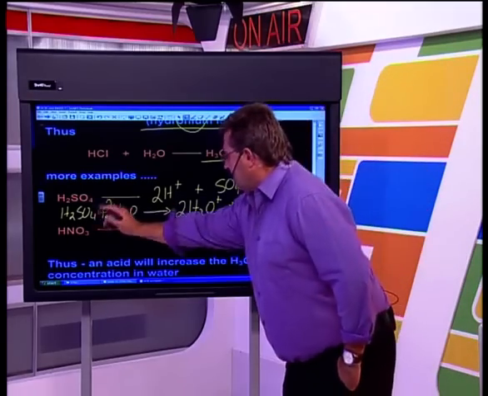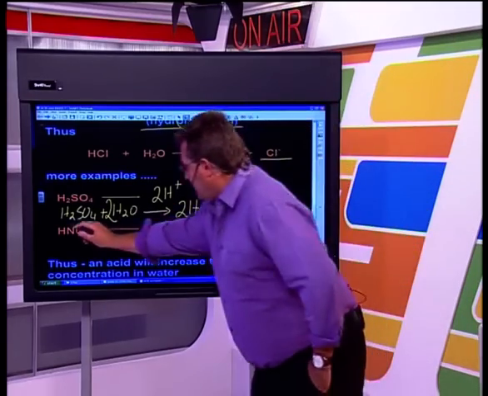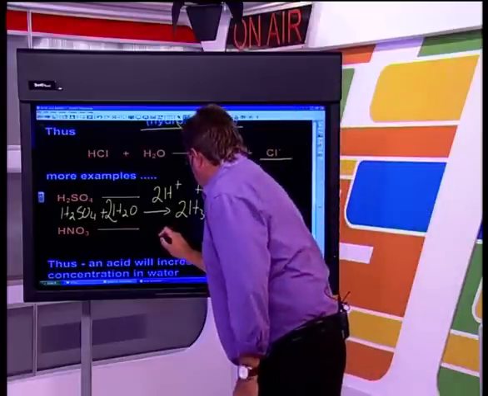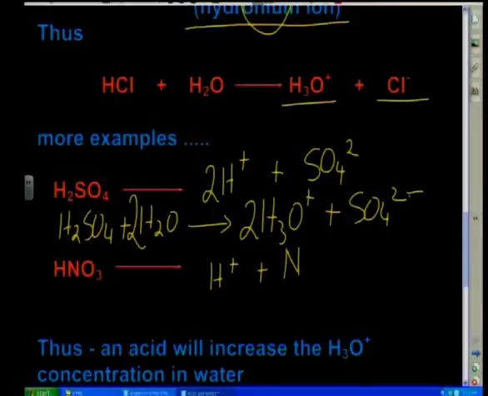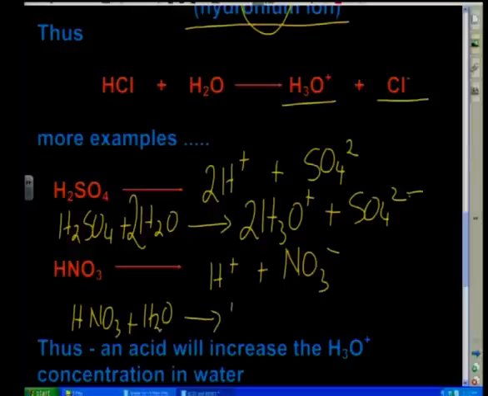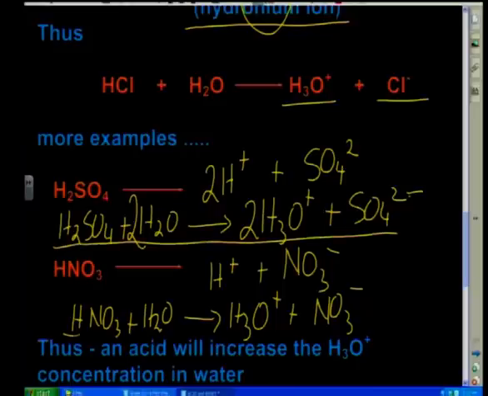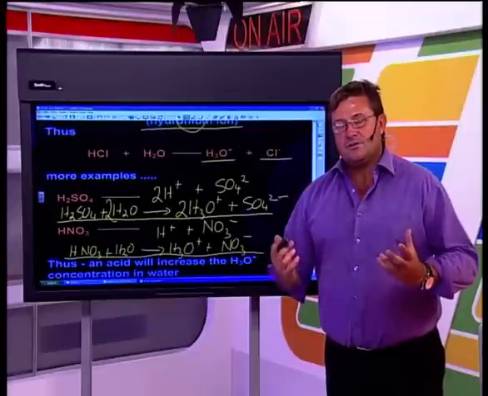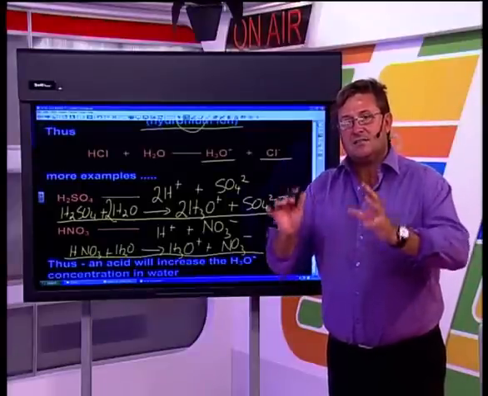Okay. What about the nitric acid? Well, nitric acid, can you see it's only one, so it's very similar to the hydrochloric acid. It will release H+ and NO3-. That will react with the water. So what we now have is nitric acid plus water to give me one hydronium ion plus the nitrate ion that's present there. And then our guys, and I'll just underline them nicely for you, are our two ionization equations, according to Arrhenius, that now shows how we ionize acids in solution.